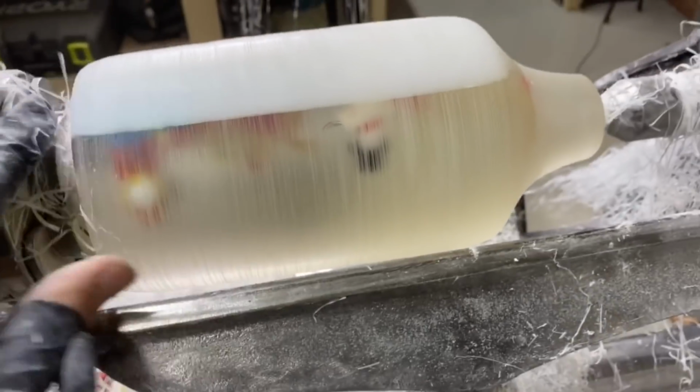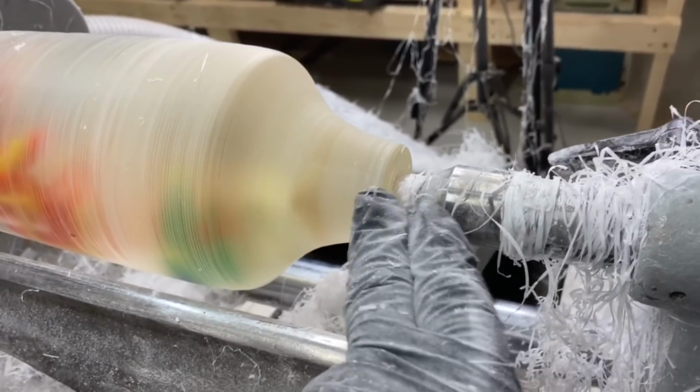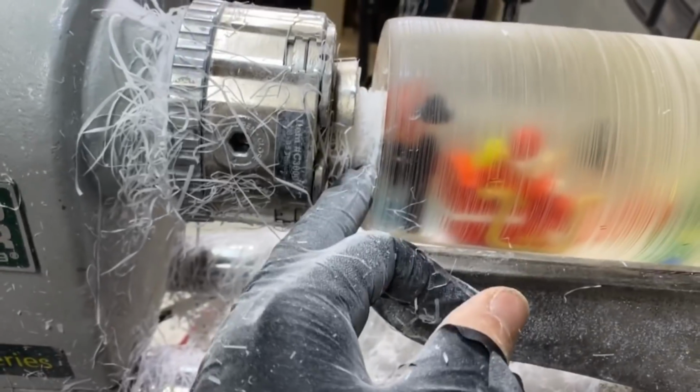So I've got a bit of tightening up to do, a bit of sanding, then we're going to have to drill this out. Now I'm going to have to drill it out rather than use the tools on the lathe to do it, because I don't have any room to actually get this fitted in the chuck. So I'm going to finish it by hand, so we're going to have to just drill this out, but